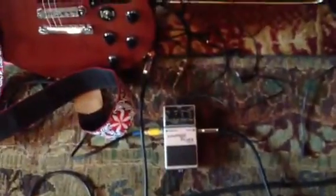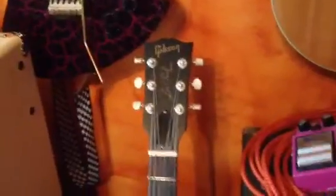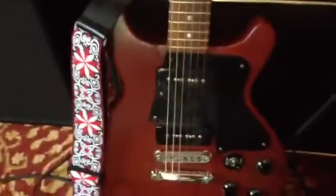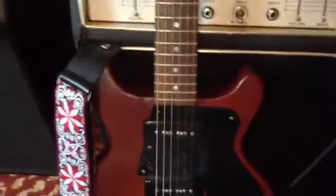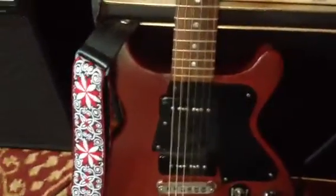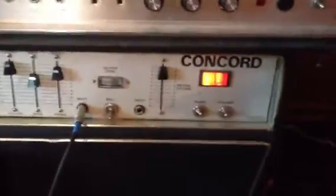I'm playing, of course, the Hyper Fuzz, and I'm playing it through my Les Paul Special. I think this actual model is called a Faded Junior, but a Junior only has one pickup, so I'm calling it a Special, and it doesn't say anywhere on it. But mahogany body and 2 P90s, so between that and the Concord should be relatively close to the guitar and amp setup. And most importantly, I'm using a coily cord, which I think is just going to be essential to the 60s sound. So anyway, I'm going to go ahead and